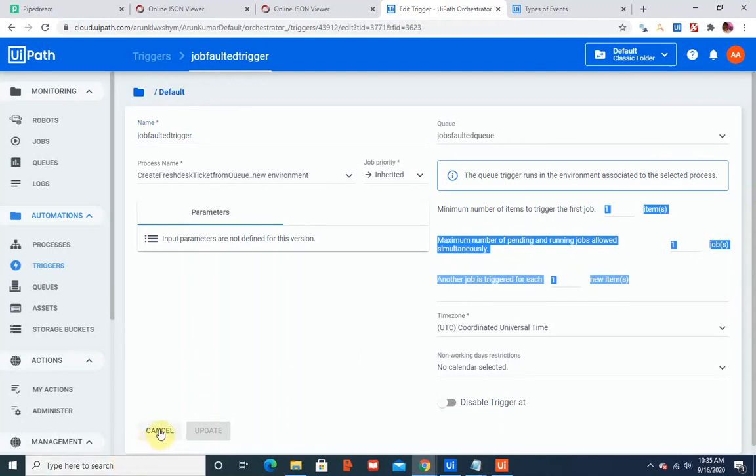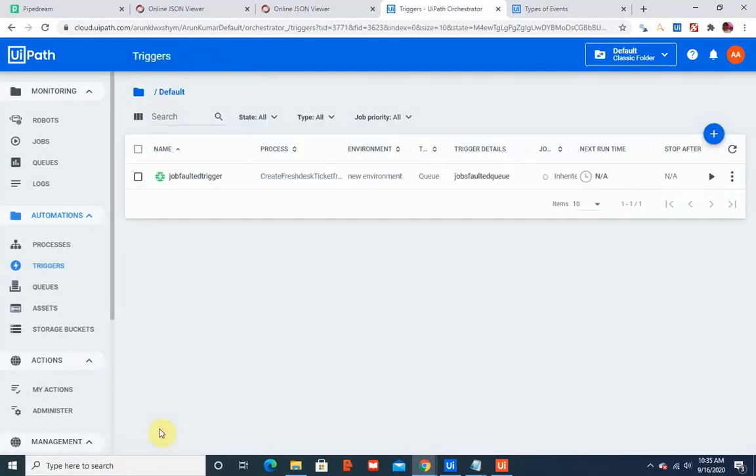In real life, if a bot fails, we get this trigger. This monitoring bot would be running in real time on a different server, monitoring different queues, and whenever a new item is added to the queue, the bot would be triggered automatically, and that bot would create a ZOHO helpdesk ticket with all the details we captured from the events